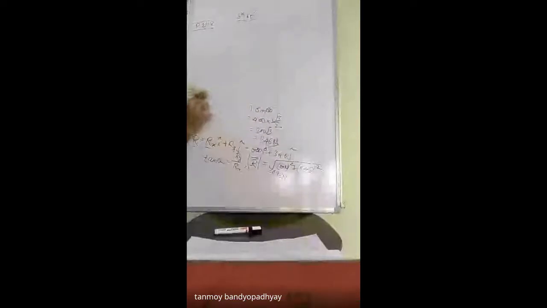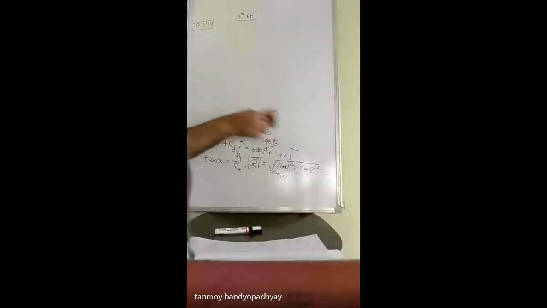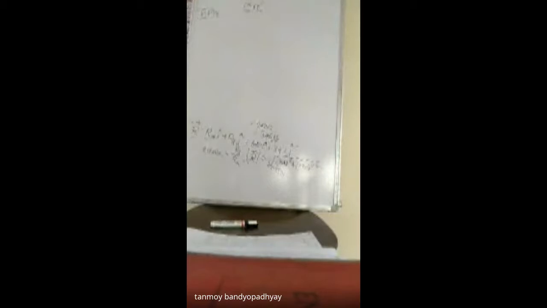Sir, which question did you give in the homework? I don't remember, when I say it, write it down or ask someone else. I think it is 211, as I can remember. 211, sir. Whatever I am not doing on the board or in the class, these are part of your homework. Whatever I am not doing, that is part of your homework. You can practice the problems at your home.